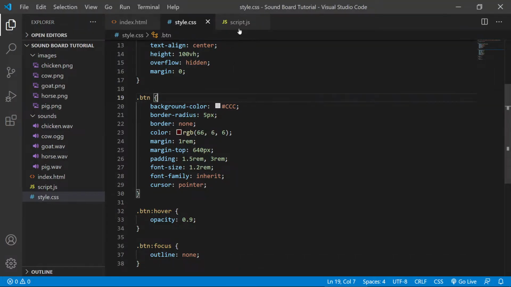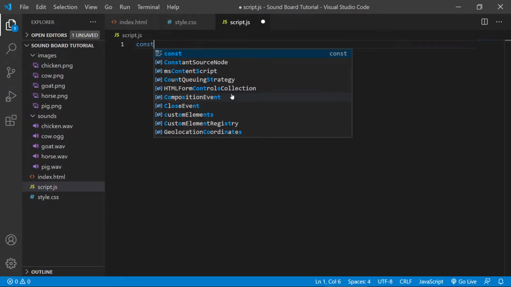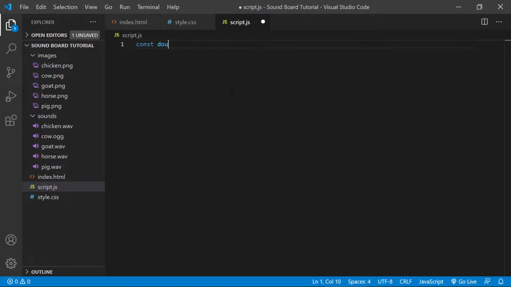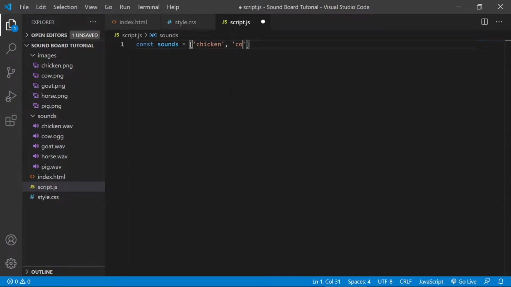Let's save that, jump into script.js. All right, so now we're going to define a constant that we're going to call sounds. And this is going to be an array of all of the sound files that we have. We're going to set it equal to chicken, don't forget your quotation marks, cow, goat,